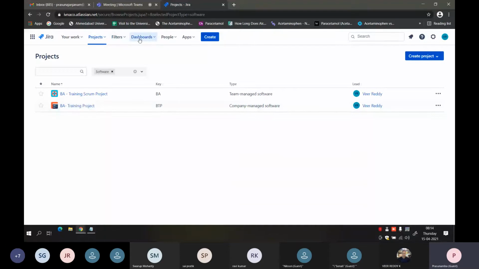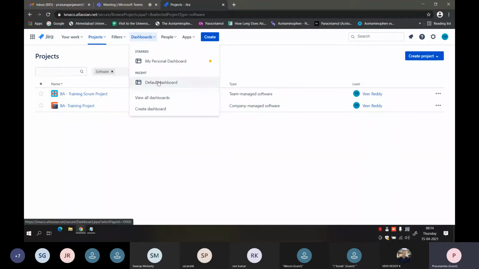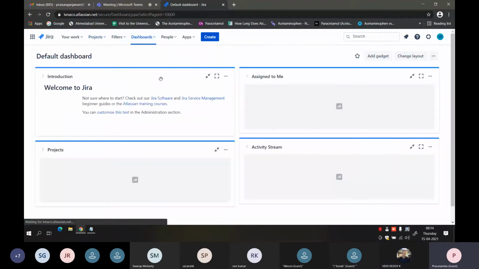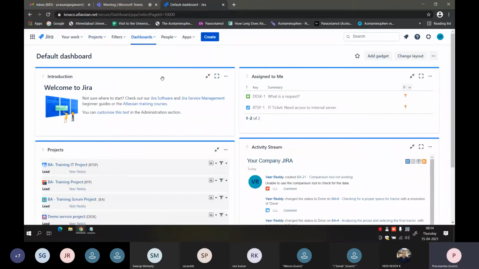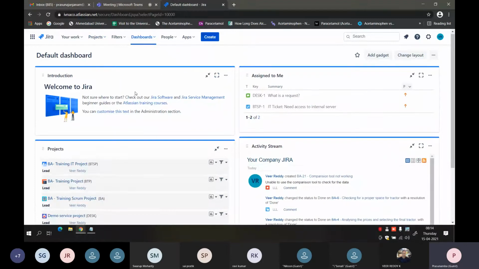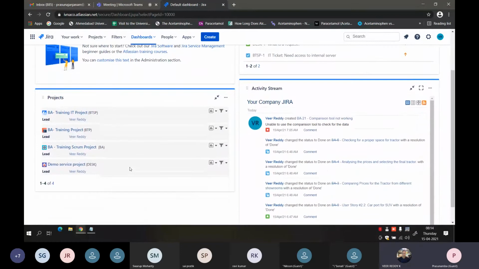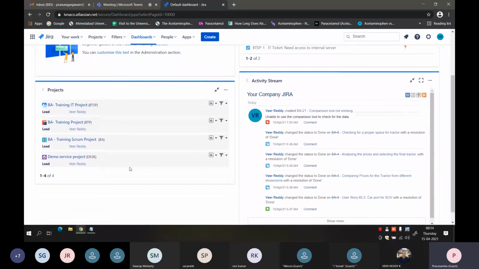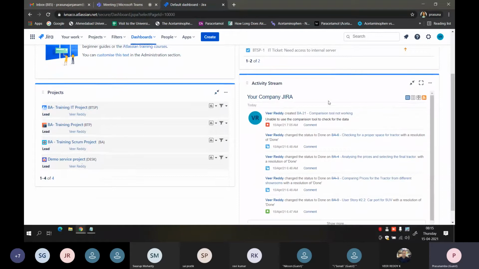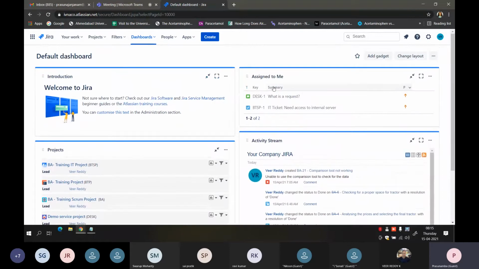Okay, and then we also have this called dashboard. You are given a default dashboard wherein Atlassian gives you the option of looking at an overview of what is happening in the company. Here it shows there are this many projects present in the organization, and you can see what tasks are assigned to me.